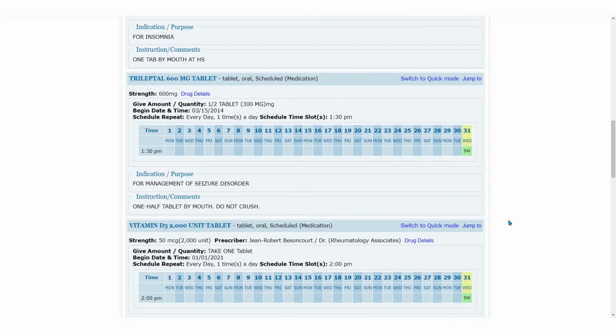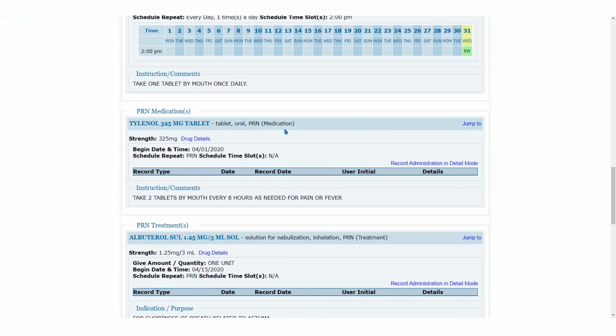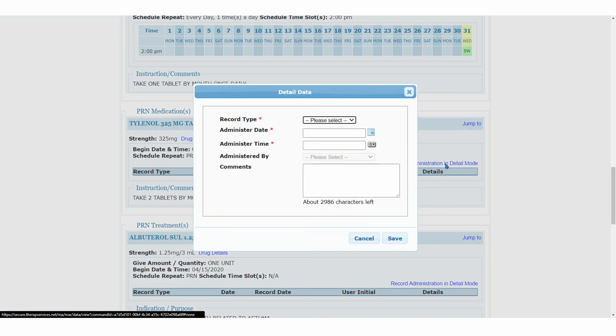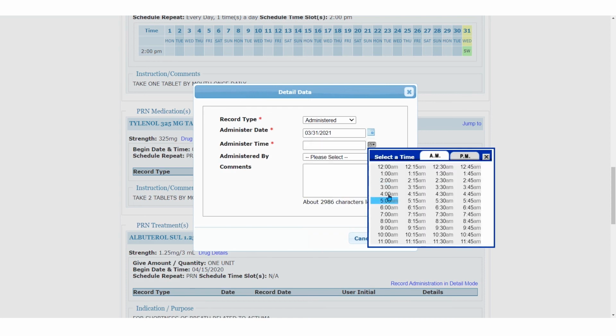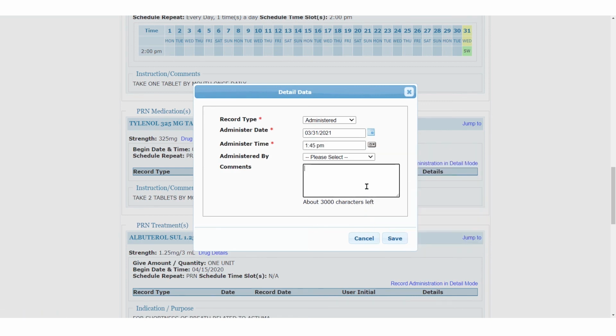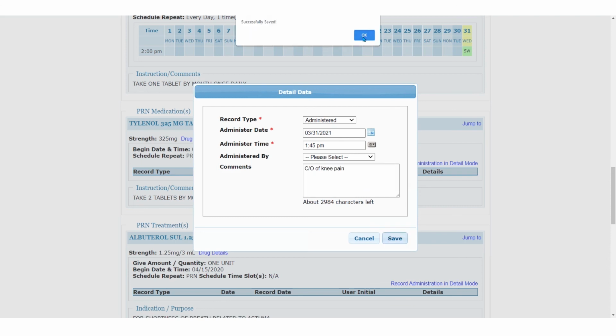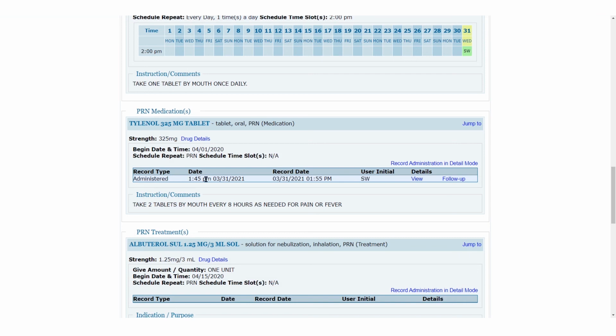For PRNs, those do not have a grid because obviously, there is no expected date or time for them to be given, so the default is that they are always recorded in detail mode. It looks very similar. You can come in here and say I administered it on this date. Oops, wrong date. On this date, at this time, so it's about, we'll say 1:45. And then I would put why. You know, she was complaining of knee pain. I can then save it, and it will appear on my MAR as administered on this date at this time